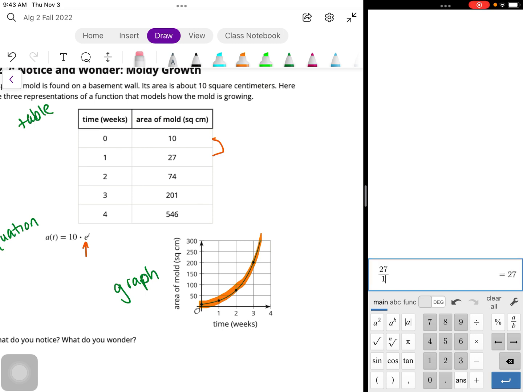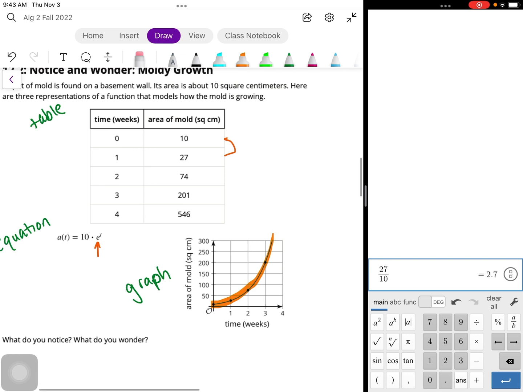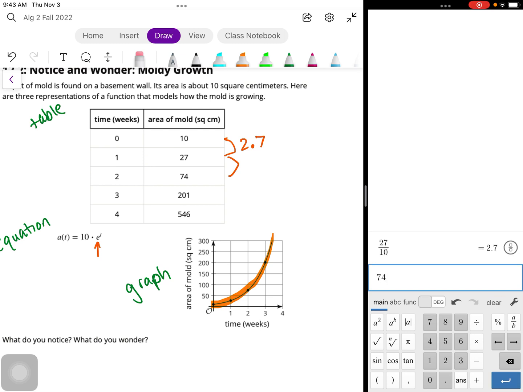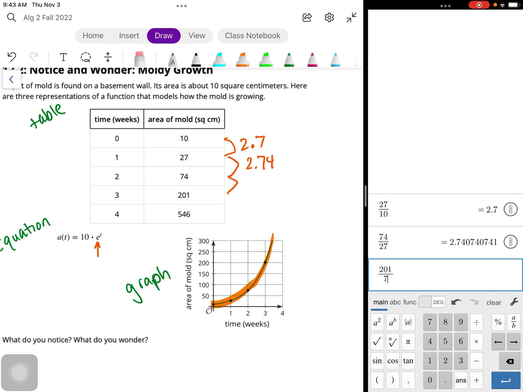Really, we don't need a calculator for that, but that's okay. So that's about 2.7. Well, what is 74 divided by 27? 74 divided by 27, that's about 2.74. Let's see, what is 201 divided by 74? And that's about